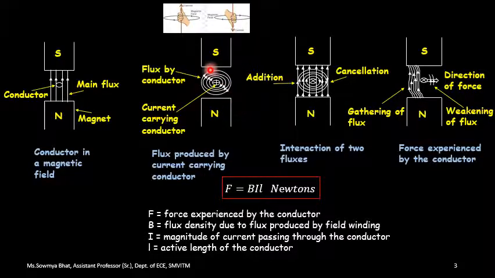So now whenever there is an electromagnetic field generated, I am supposed to find out the direction of the electromagnetic field or flux. So in order to determine the direction of that particular electromagnetic field, I am supposed to apply the concept of the right hand thumb rule. So you are going to use your right hand something like this, position your right hand like this. So the thumb is going to point in the direction of the current, whereas the remaining fingers, forming like a curl, are going to determine the direction of the magnetic field.